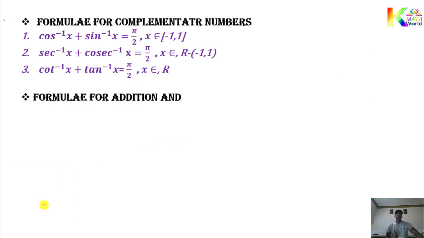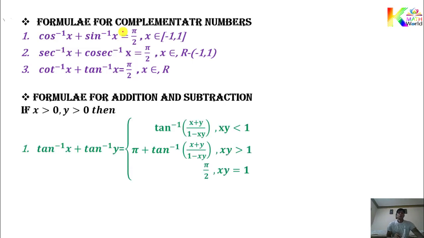Okay, see another formula: the formula for addition and subtraction of tan inverse. You can see three formulas written together. This is the important condition: if x greater than 0 and y greater than 0. Whenever x greater than 0 and y greater than 0 is given, then you can use the formula, otherwise no. So here x is positive, y is positive, then you can apply the addition formula of tan inverse x plus tan inverse y. Three formulas, three answers are there.